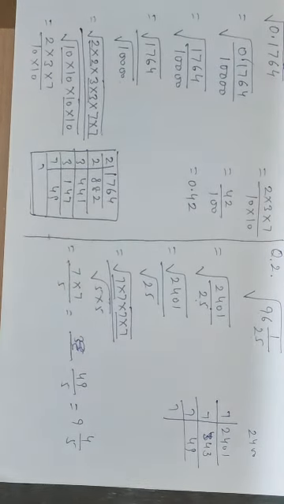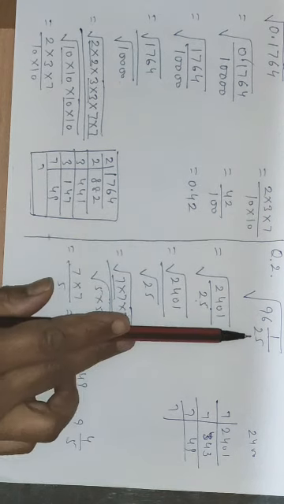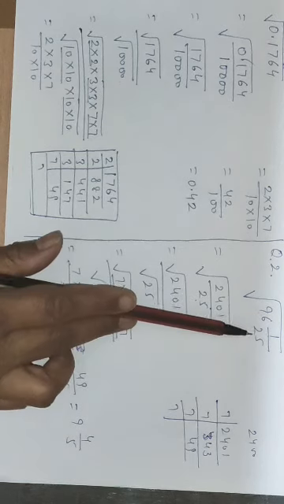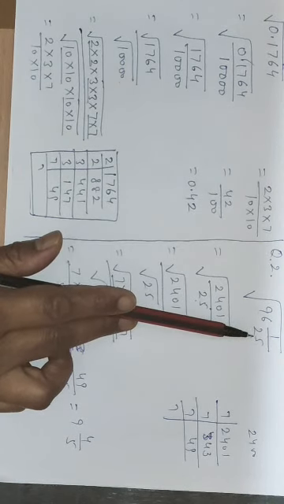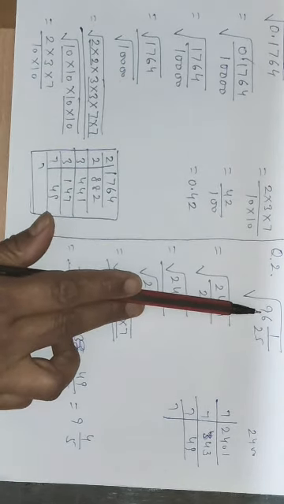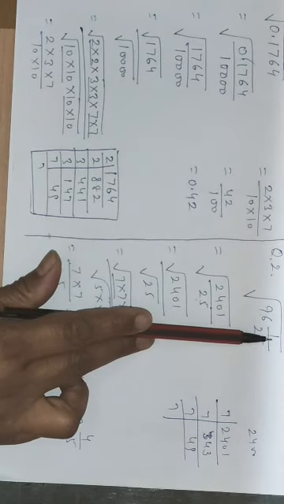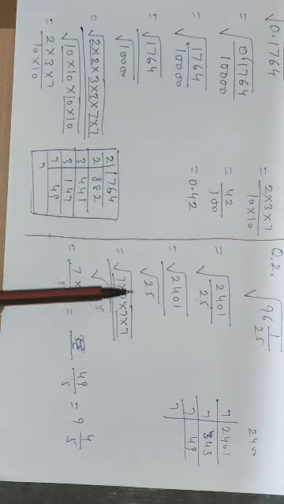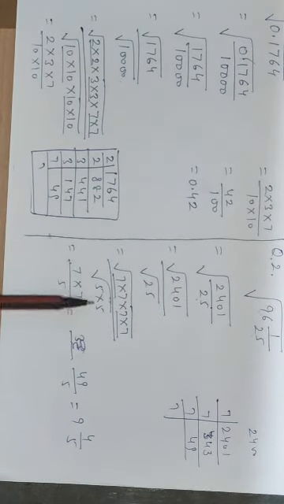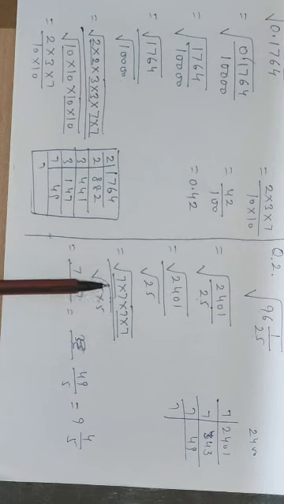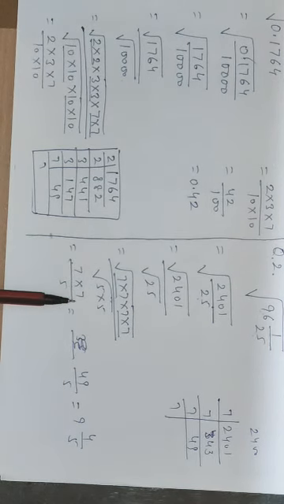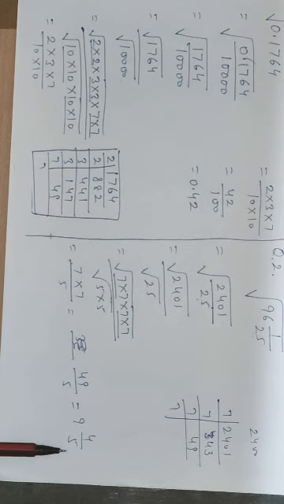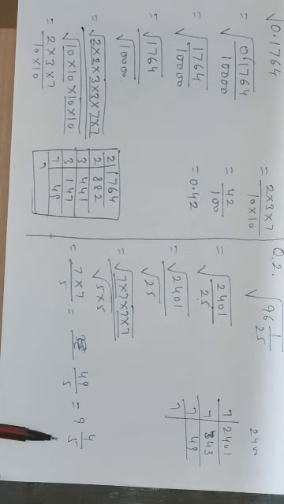To find the square root of a mixed number, what we did, first we have converted the mixed number in the form of a fraction. For that we have multiplied the denominator with a whole number part and then we have added the numerator to it. After doing that, we have found the factors of numerator and denominator separately. Then we form the pairs. From each pair we have taken out one number. Then we have multiplied the numbers and last step, convert the answer in the form of a mixed number.